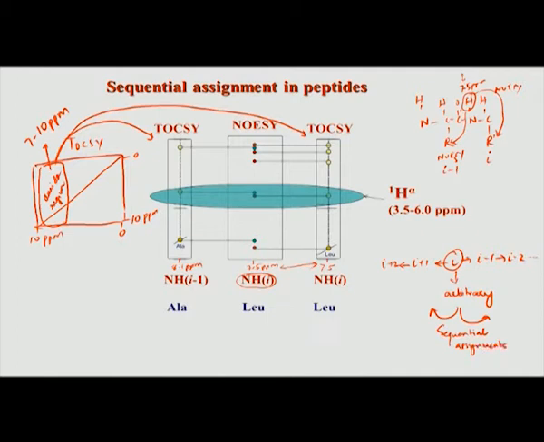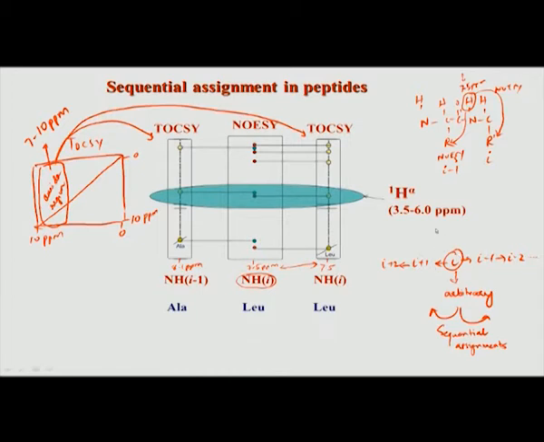So that is the goal of this whole exercise: I am trying to establish sequential resonance assignments. This is done by starting from an arbitrary spin system I, which we do not know what residue it is. We can identify it based on the TOCSY that it could be a particular amino acid type. Then, starting from I, I look for a correlation to I minus 1 in the NOESY. Then I will also see in the NOESY which other spin system is giving correlation to I. That should be I plus 1, because I plus 1 will give it to I.